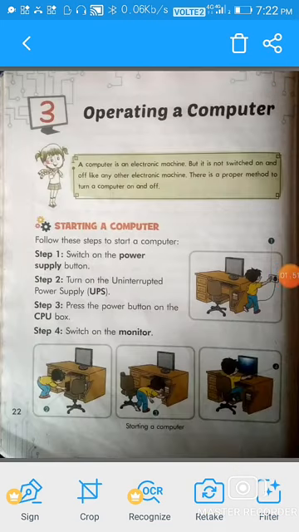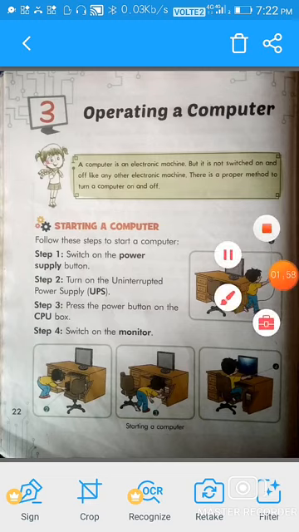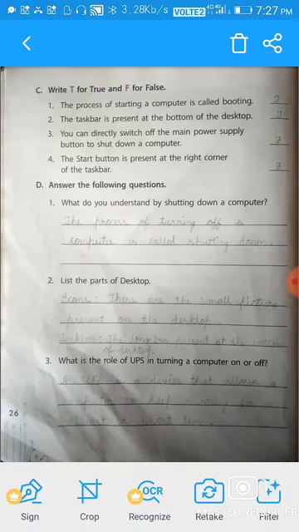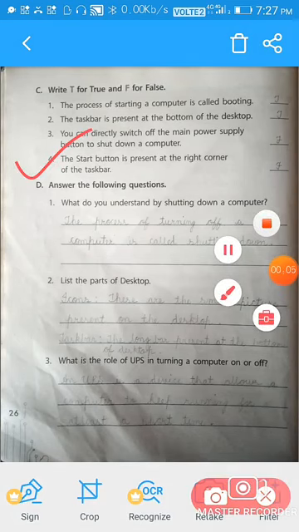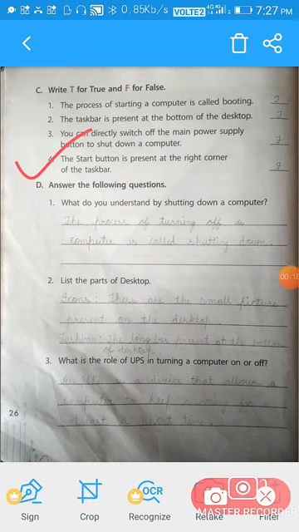Fourth is also false because I have already written it there in the blank.